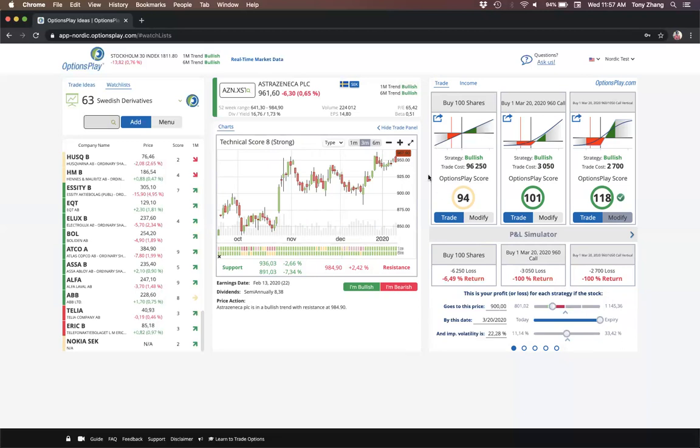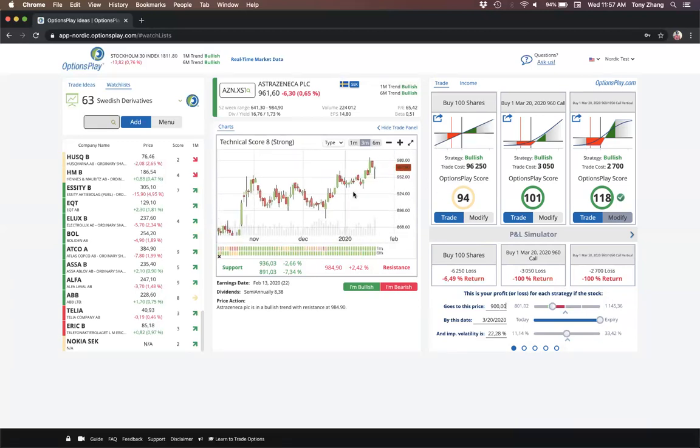If you had bought 100 shares of this stock, you would lose 6,250 crowns. If you bought this call option, you would lose 3,000 crowns. So you would actually risk half as much if you bought the call option versus the stock. And this is really your starting point, understanding how much risk you are taking versus this spread here on the right. Even if you know nothing about options and you don't know what a debit spread is, and today is the first time you learned about it, you can see that even if you get the direction of a